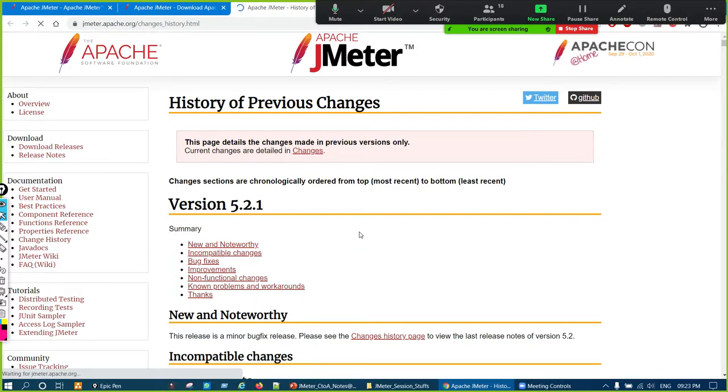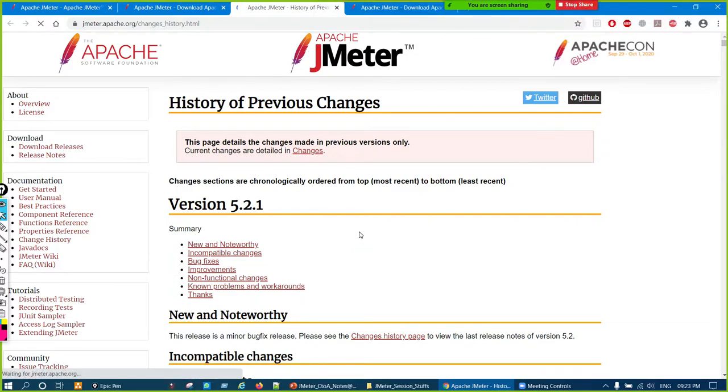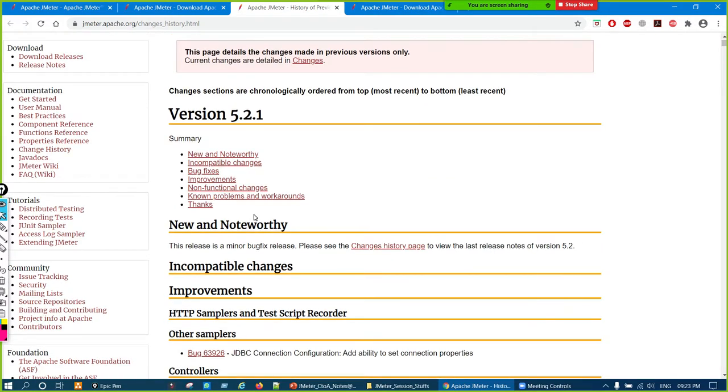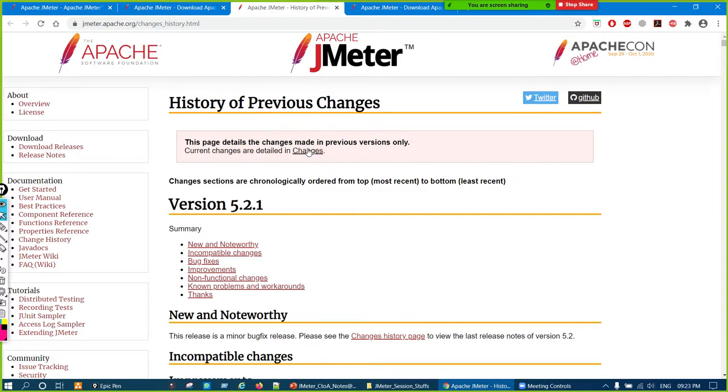Let us see any product released in the market, even our WhatsApp app, right? So every time updates are coming, because there will be new things, or some bug fixes. Same thing here. From the previous release, what are the new changes they made in the newer version, right? Actually here this is 5.2.1.